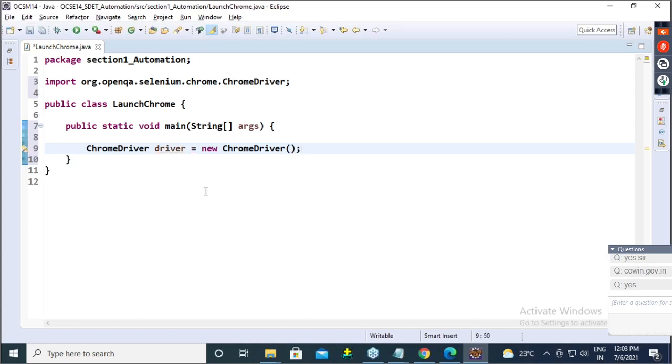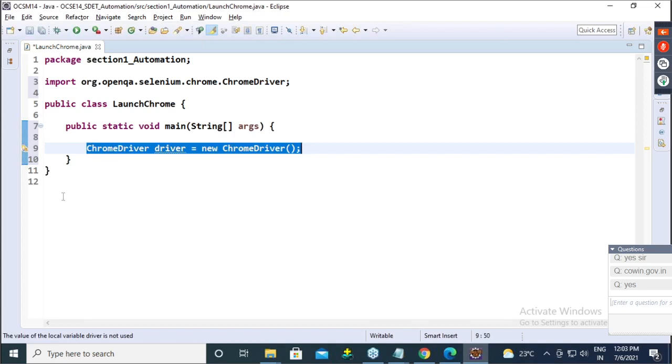Guys, any problem in this code? Same kind of code we discussed more than 100 times in the Java session. So create an object of the ChromeDriver class. It will launch the Chrome browser.